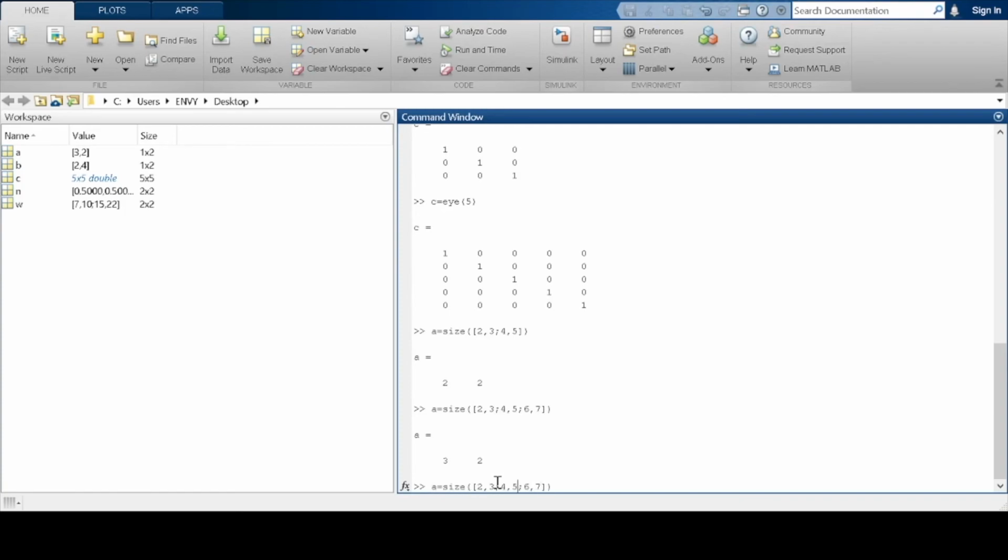Or you can even find the length of a vector. Like say you're generating from 0 to 51. So it gives 52.